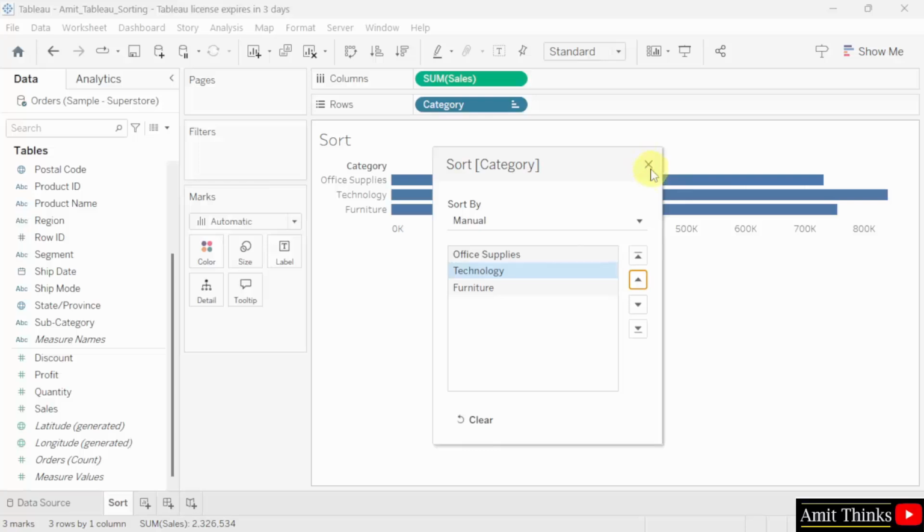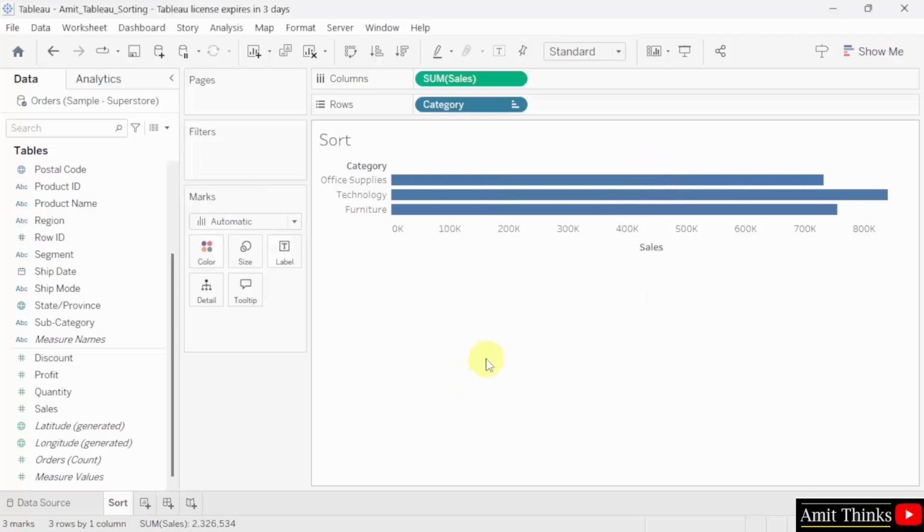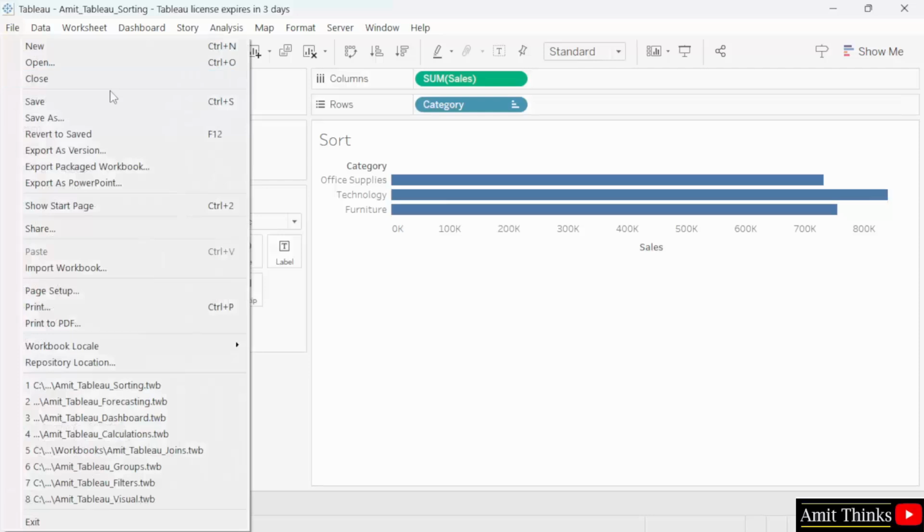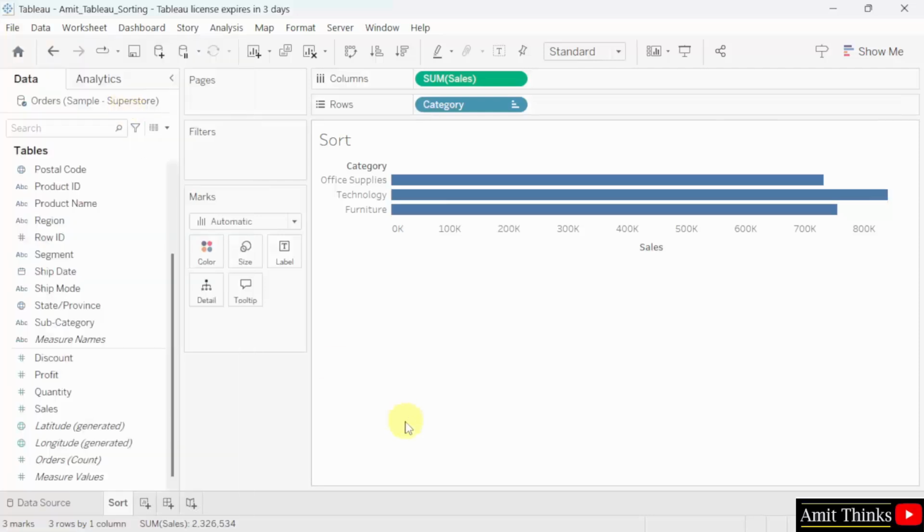I'll keep it as it is and click cross. So in this way, guys, we can implement sorting in Tableau. I'll go to file and click save, and our project is in the sort sheet